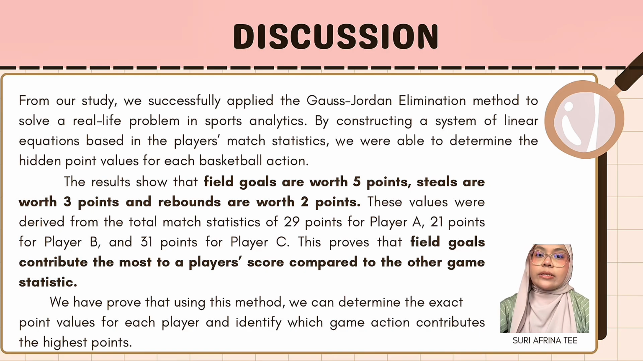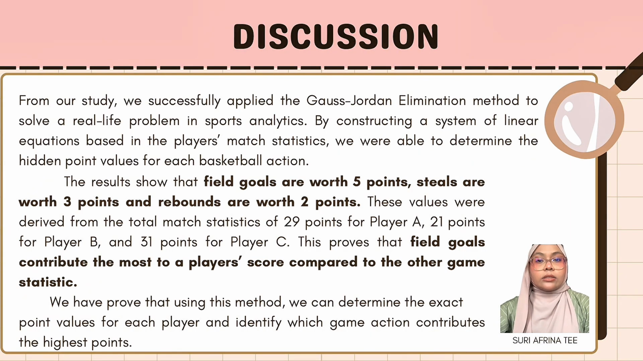Okay, so next, I will explain about our discussions. From our study, we successfully applied the Gauss-Jordan elimination method to solve a real-life problem in sports analytics. By constructing a system of linear equations based on the players' match statistics, we were able to determine the hidden point values for each basketball action. The results show that field goals are worth 5 points, steals are worth 3 points, and rebounds are worth 2 points. These values were derived from the total match statistics of 29 points for player A and